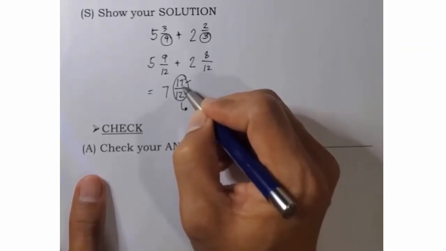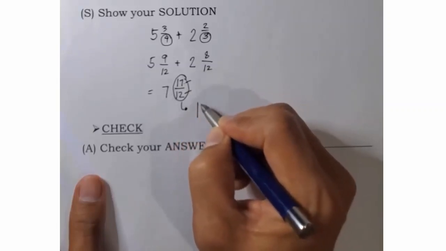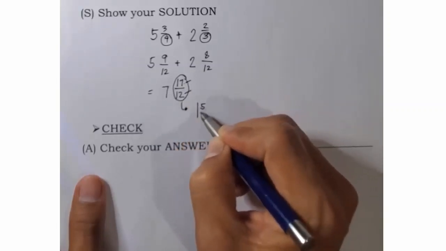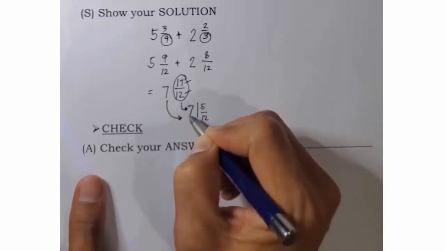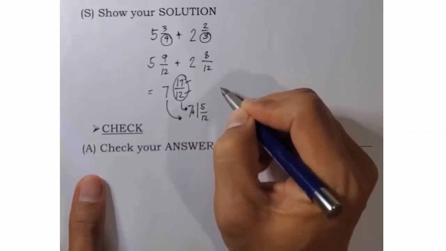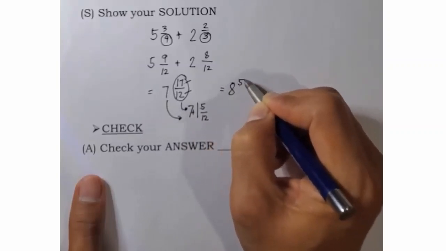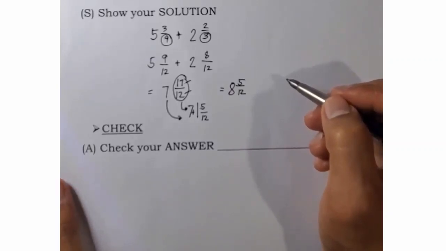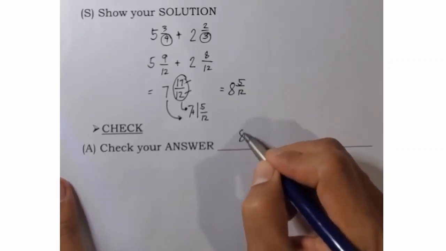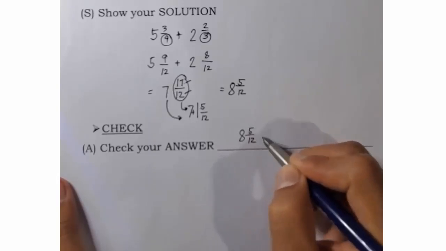Now, what will be left if we take away 12 from this? And that is equal to 5. So, copy the denominator 12. Of course, we will add 7 as our whole number there. So, that will sum up to 8 and 5/12. So, all in all, Raul worked 8 and 5/12 hours